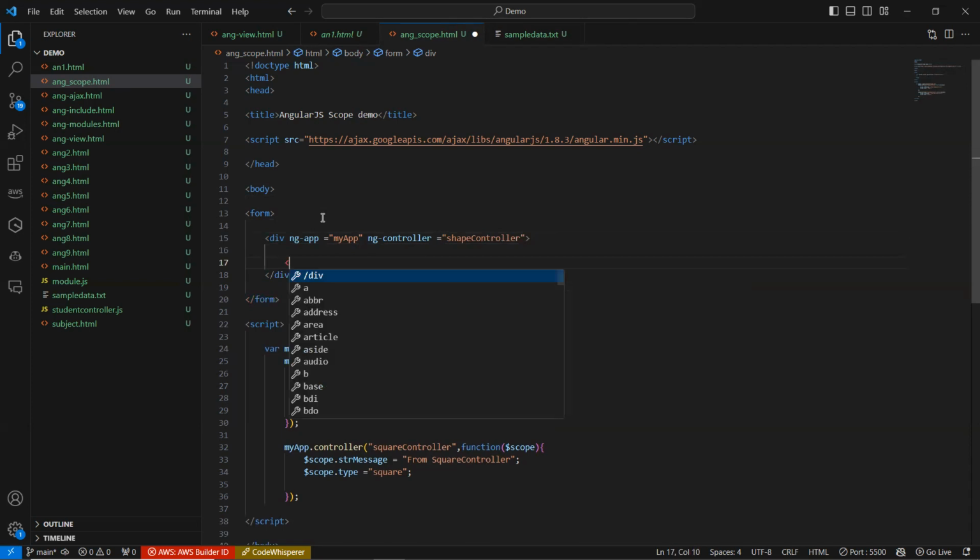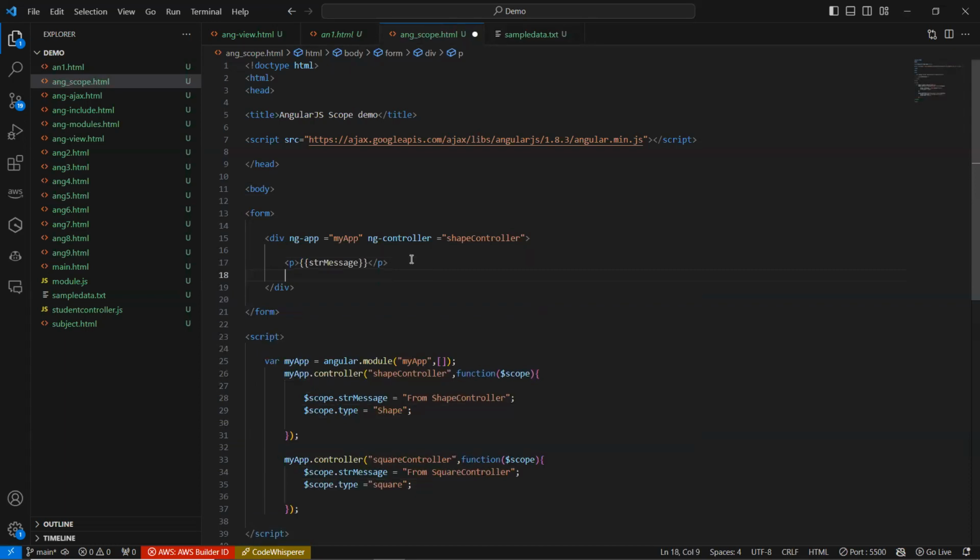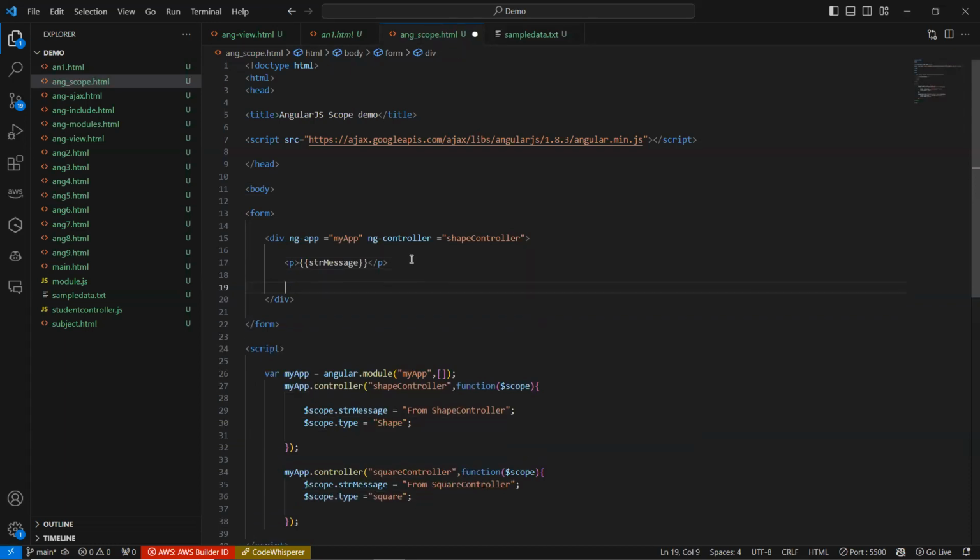Okay, and I'm going to have a paragraph, this controller, and in this I'm going to use AngularJS expression with double curly braces. Inside that I'm just saying str message, so that from this controller, whatever message I'm going to have here, that message I'm going to print. Okay, and similarly I'm going to have inside of this one more div, and for this I'm going to give